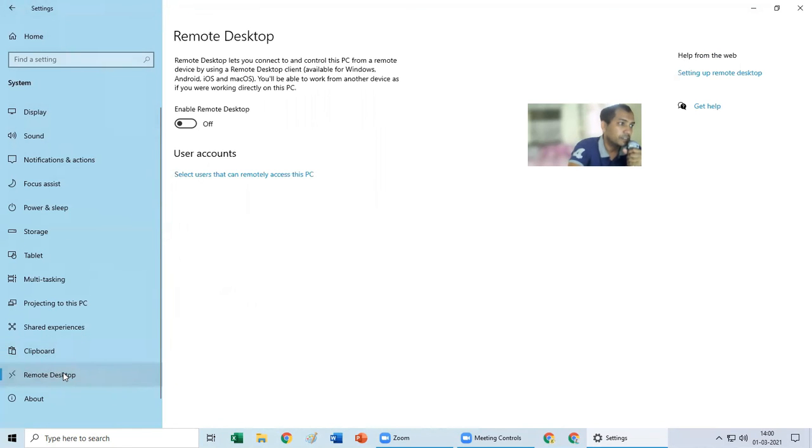Next is remote desktop. You must know some apps with which you can control someone else's computer with the help of your computer, even though the person is not nearby. Now, Windows has introduced this feature within the computer itself. This is known as remote desktop. So you can access somebody else's computer. Of course, he has to permit you for that. Unknowingly, you cannot access. Once he allows that permission, sitting over here, I can control his computer settings and do the needful. So this is again another useful feature.